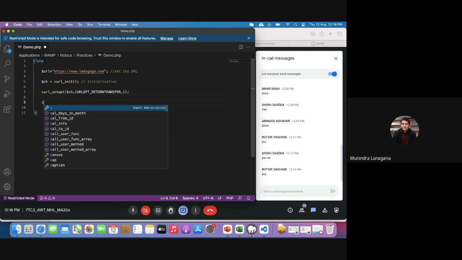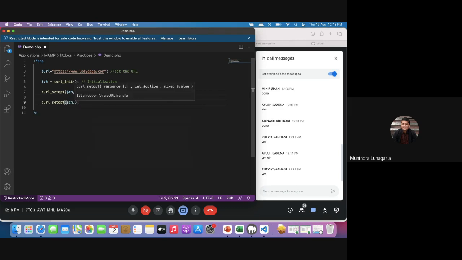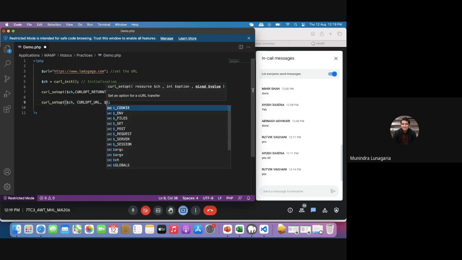Third, once again curl_setopt, now $ch comma CURLOPT_URL, and finally $url.